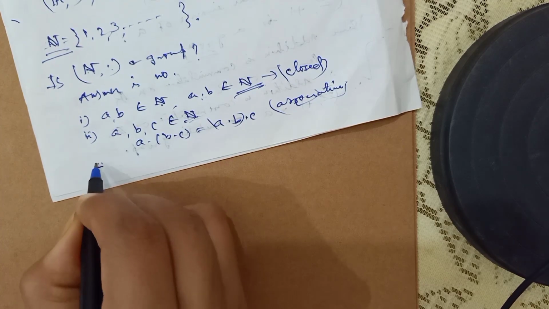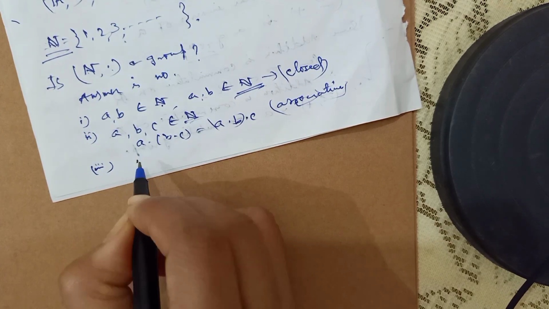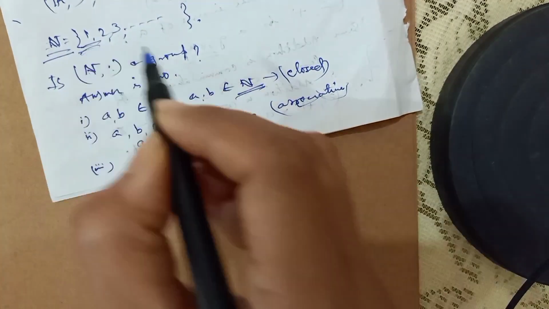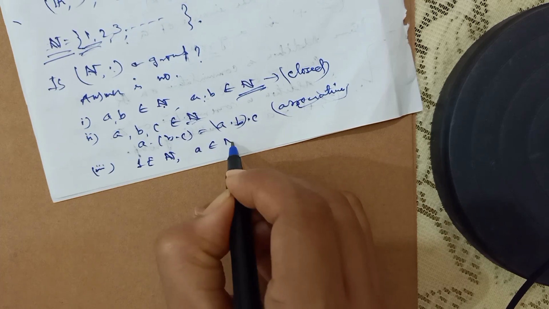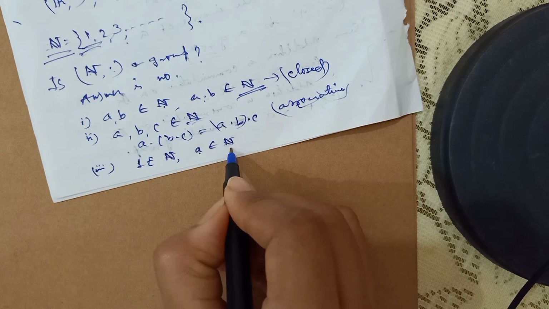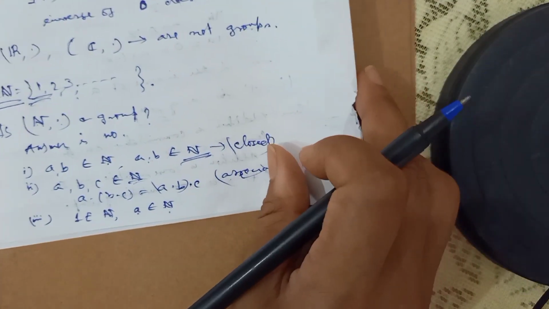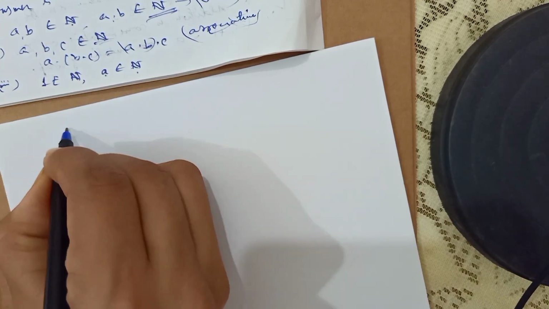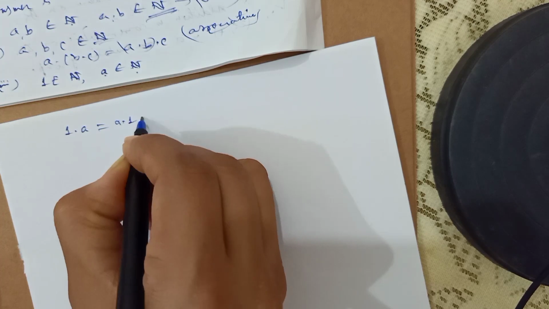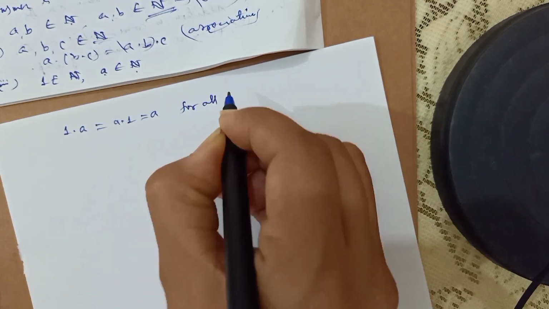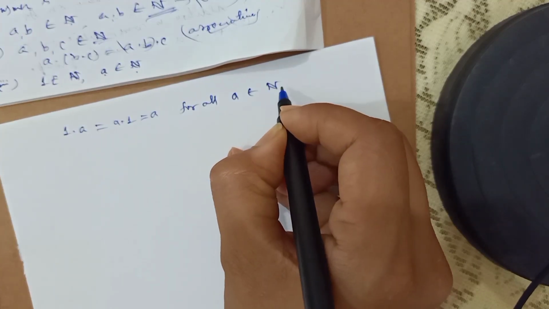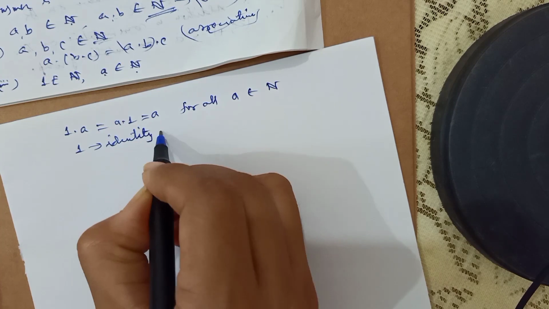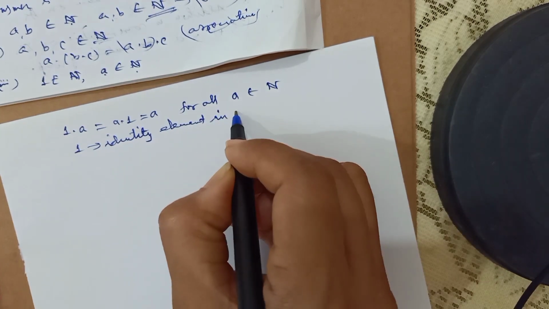And the third is, 1 belongs to N. We take any element A in N, then 1 dot A equals A dot 1 equals A for all A in N. Okay, that means 1 is the identity element in N,